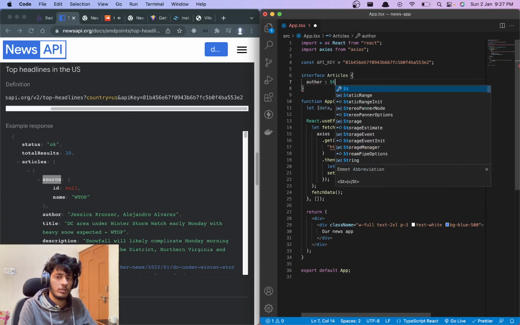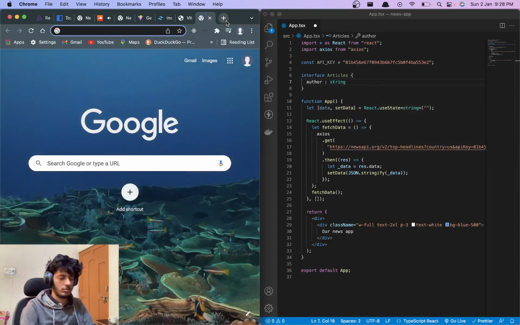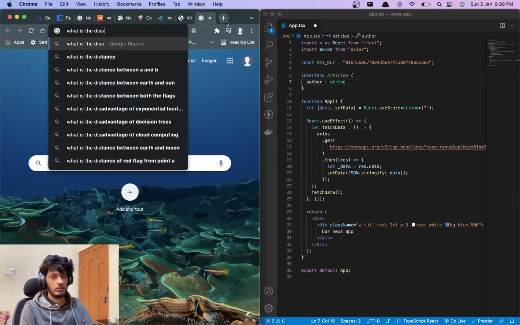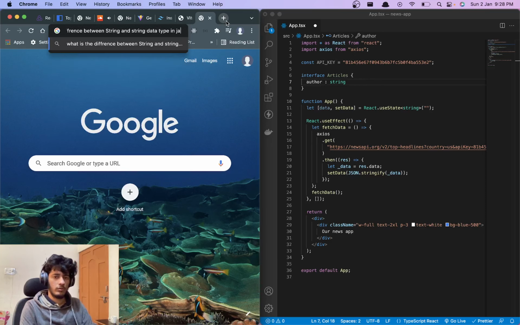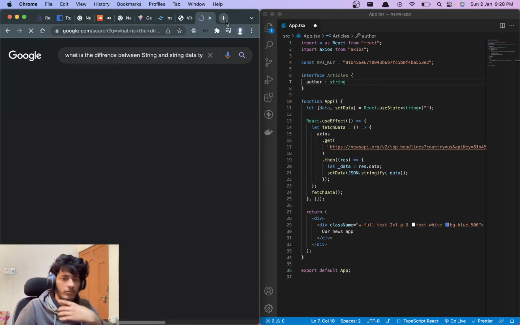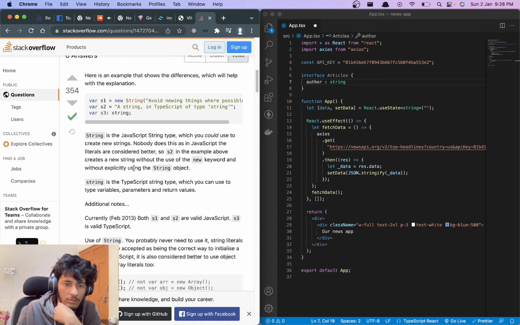By the way, if you don't know the difference between a capital String and a small string, a capital String is used for network usage. I'll give you an example. If I search what is the difference between String and string data type in JavaScript, here's the answer.